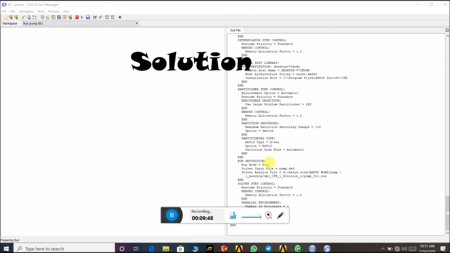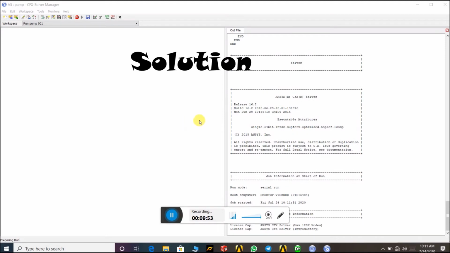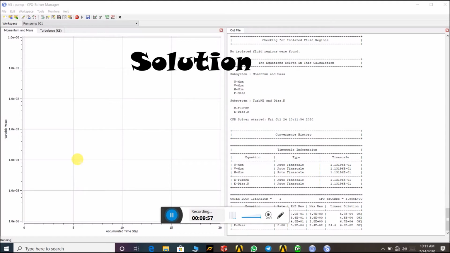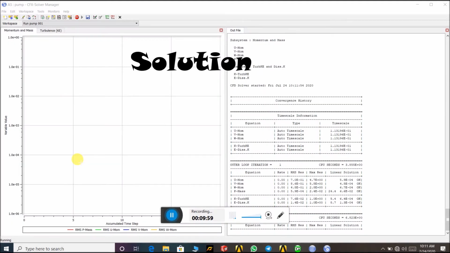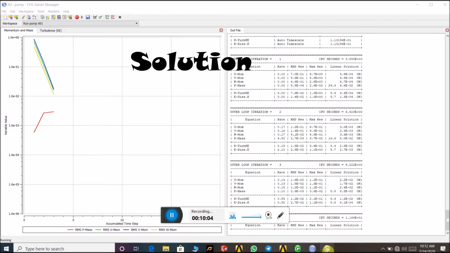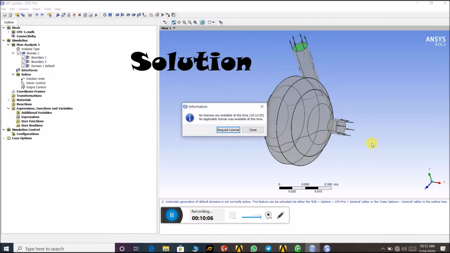Okay, the solution is running here, you can see. ANSYS is running to solve our problem.